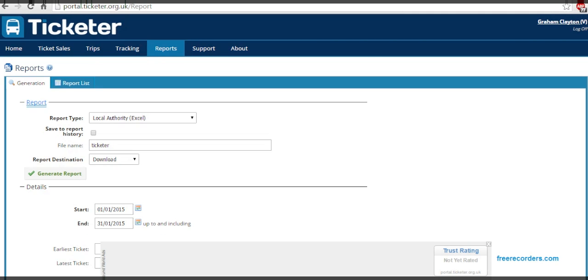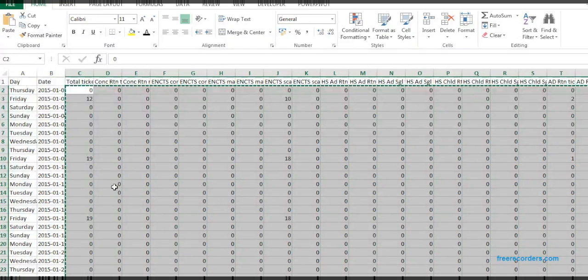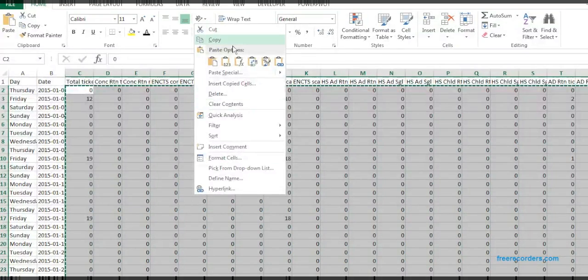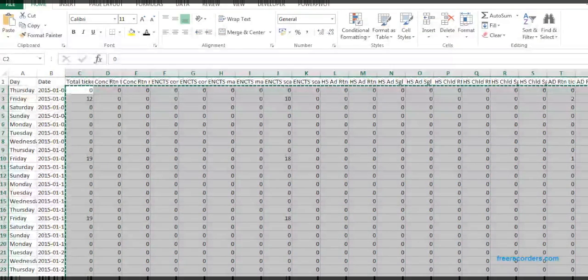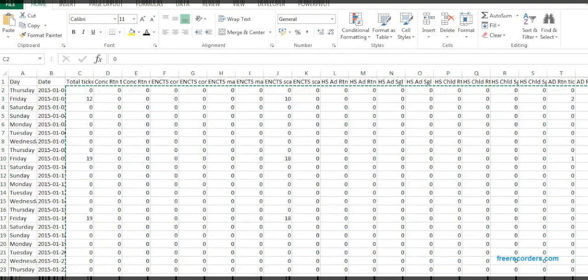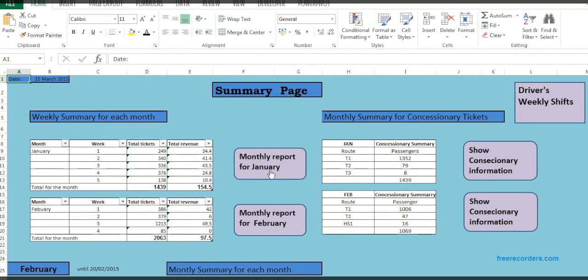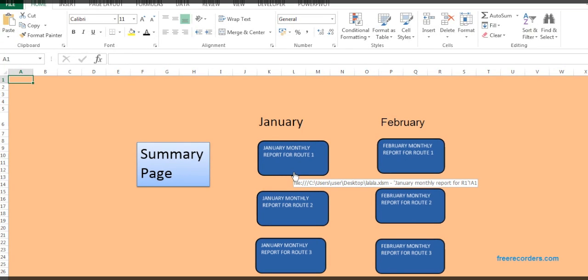As it's been downloaded, we now can open the file, and then we can see here, this is service 2, and then we can copy it, get the information to our file. This is our summary page, and this information we've chosen is for January, so we will put the information into the monthly report for January, and we can just press the button, and then it takes you to another page